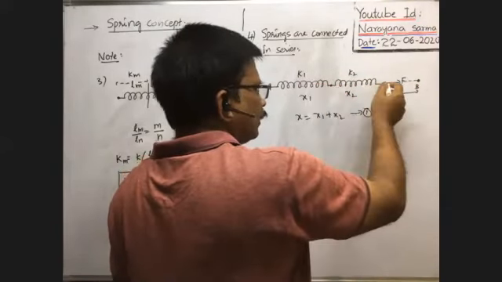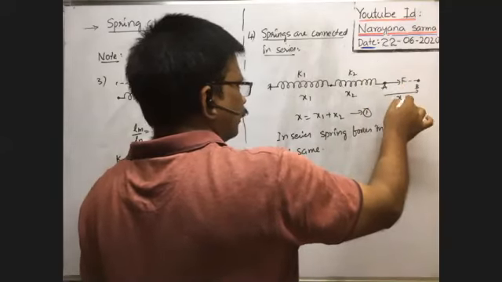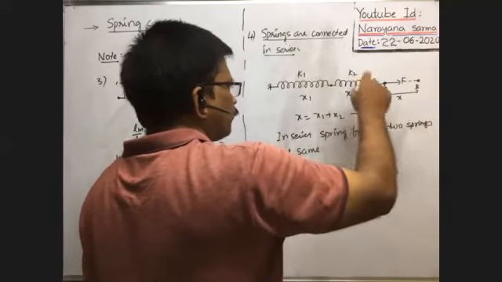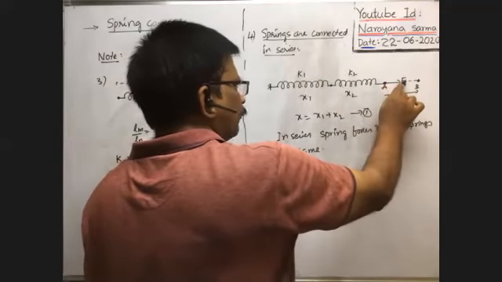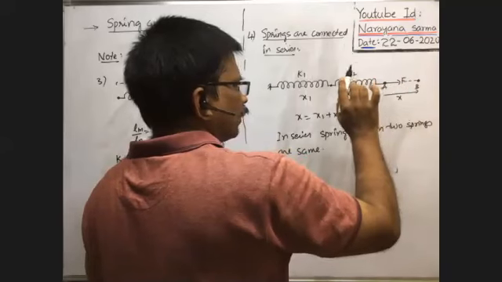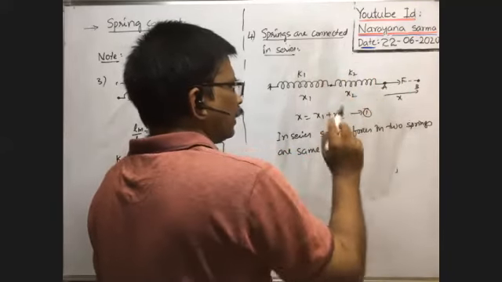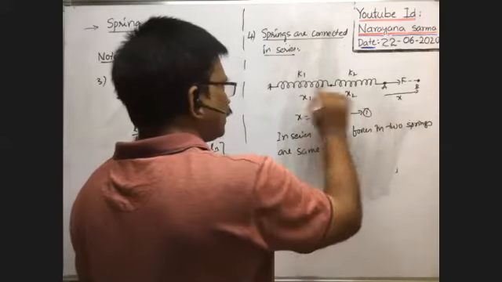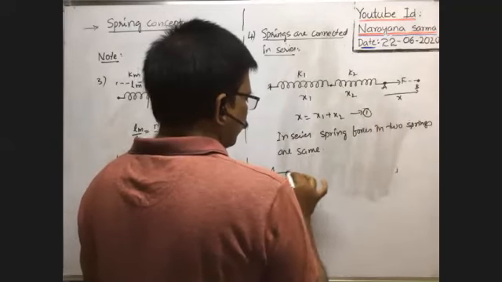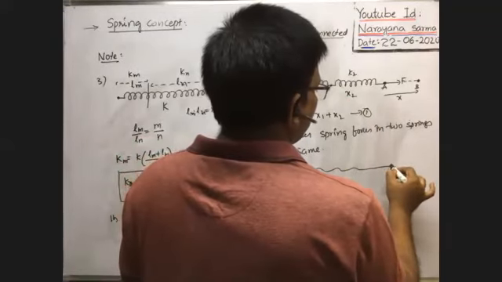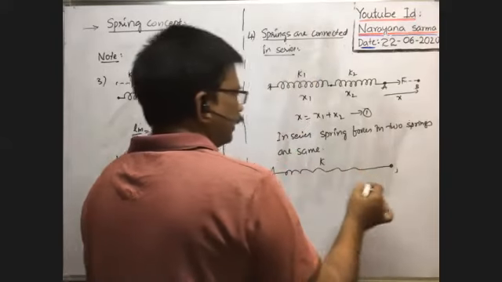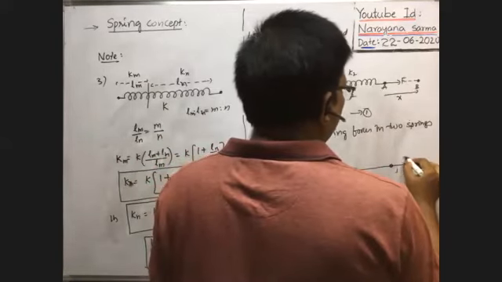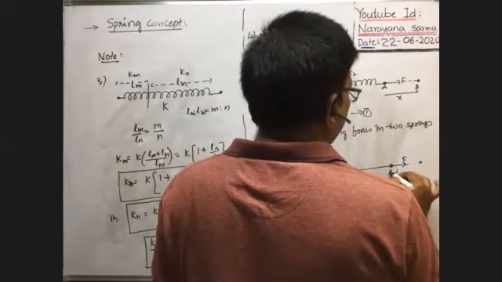Now, whenever the two springs are connected in series and an external force is applied, whatever extension takes place, you replace this combination of two springs with a single spring so that for the same applied force, the same extension takes place. Then the spring constant of that single spring is called the effective spring constant. Suppose you take a single spring having spring constant K, so that when this amount of force is applied, it also extends by the same length from A to B.